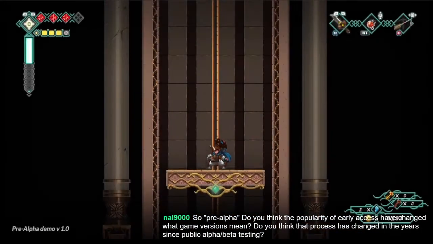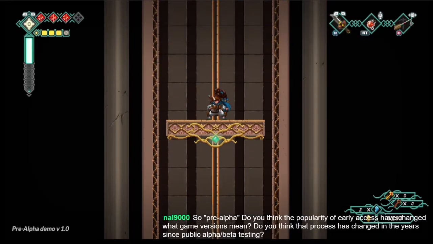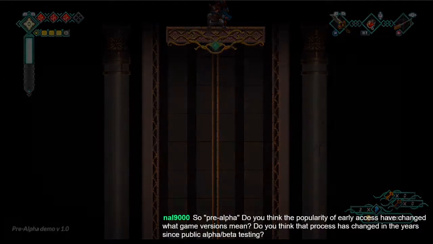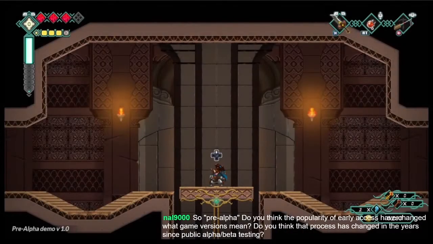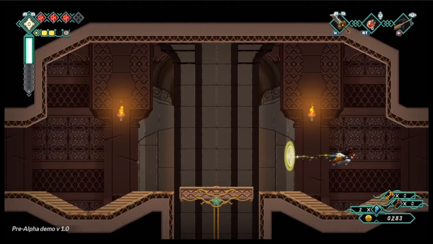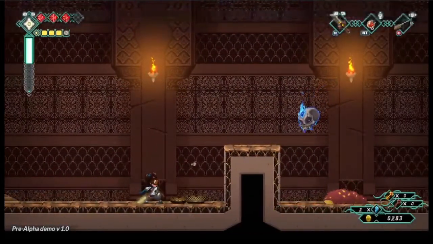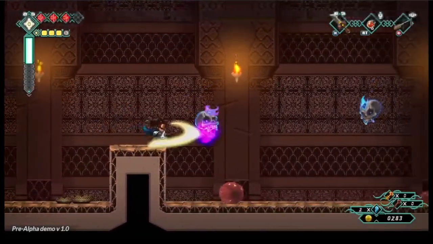Unless pre-alpha is not a playable game. It's the same way with versions. They don't mean anything. They're just numbers that they use to... There are semantic versioning rules. Yeah. So if there's three numbers, the first one means it's a breaking change, and